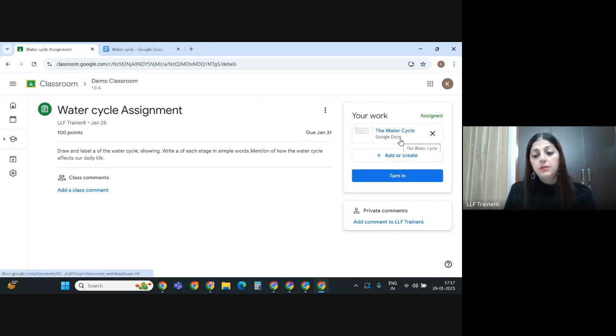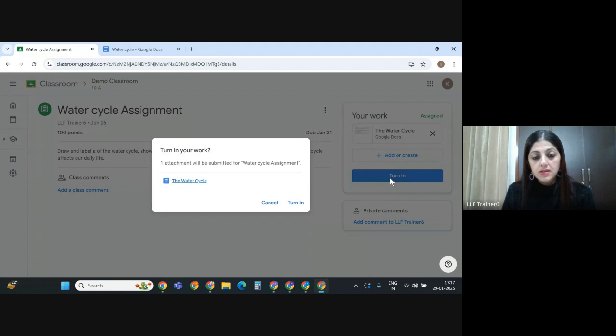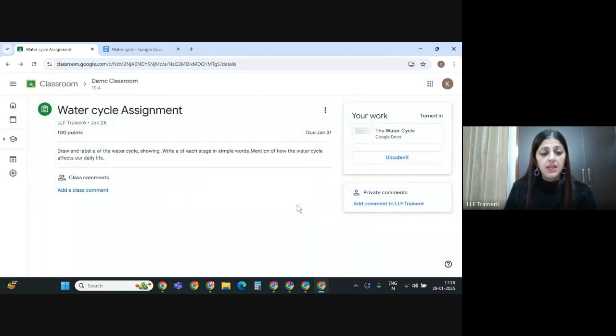Now, the moment a drive file has been uploaded here, you will notice the turn in icon will appear. So click on this turn in, right? As I click on this turn in, one attachment will be submitted for this assignment, and the attachment is showing over here. And when I'm sure that my assignment is ready as a student, I click on turn in. So now it says turning in,